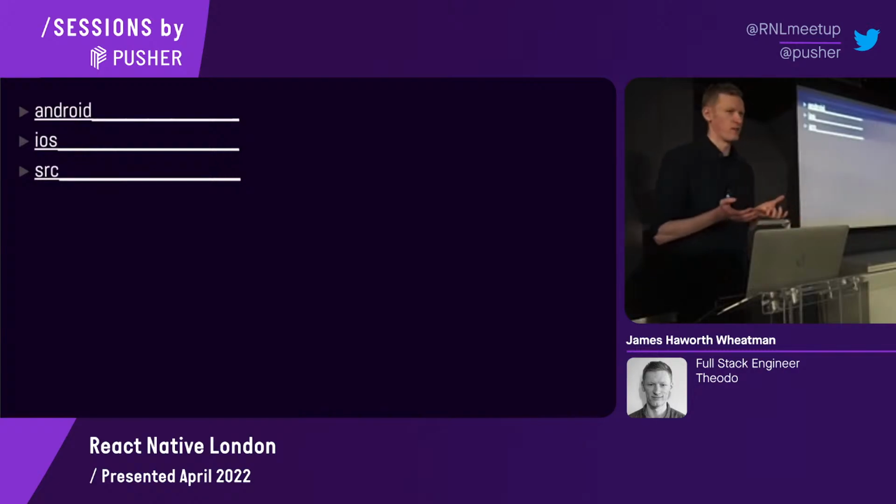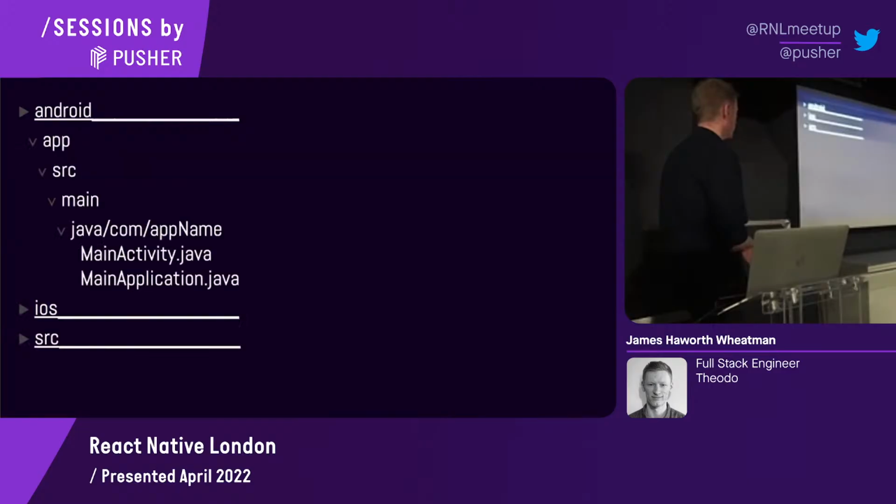I assume some people will be familiar with this directory structure. I hope so, at a React Native meetup. Essentially, you've got your source folder, which is all of your source code. And you also have an Android and an iOS folder in your React Native directory structure. And just to demystify it, this is exactly the same as any native application that you might make. Anyone who's familiar with native Android development, so this will be me 5 years ago, will be familiar with this kind of structure.